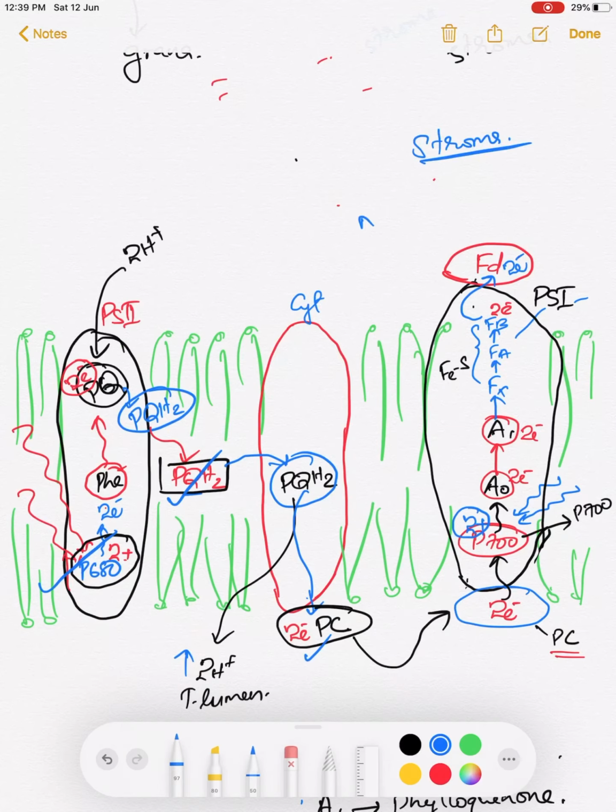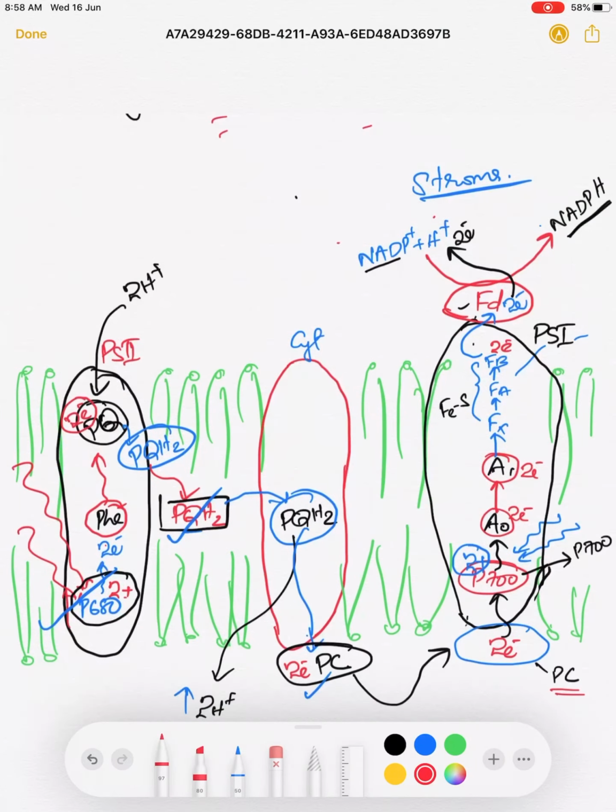At this stromal side, there are a number of NADP plus and H plus. One of the ultimate products of light reaction is NADPH. Now we are going to see the formation of NADPH. This ferredoxin transfers these two electrons to NADP plus, and NADP plus and H plus along with these two electrons get reduced to